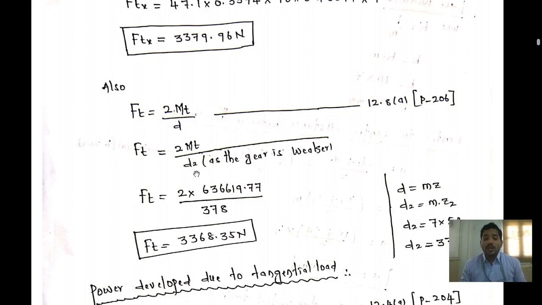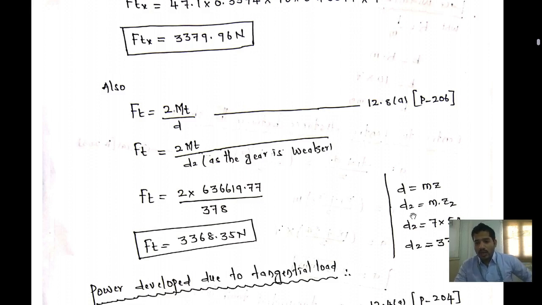Here, because we are designing based on the gear, which is the weaker section, we use d2. If the pinion were the weaker section, we would use d1 instead, but in this case the gear is the weaker section. For that reason we take d2. 2 Mt, the moment of torque, is 636619.77, by d2, the diameter of the gear, is 378. If you divide the whole value, then you will get the answer,